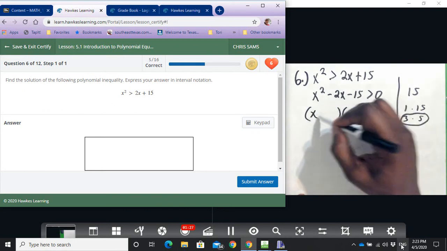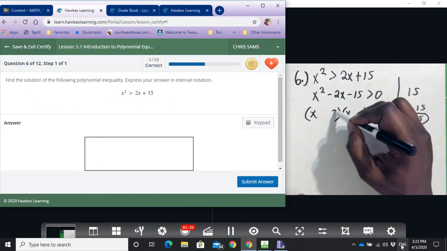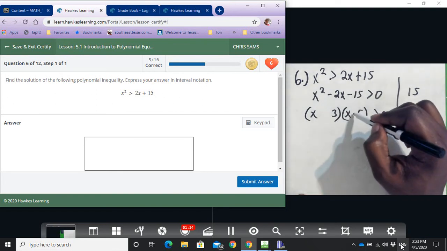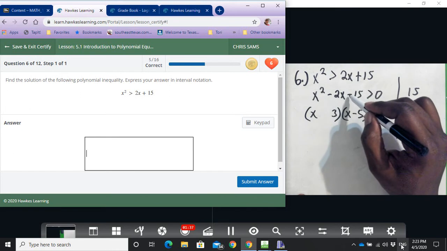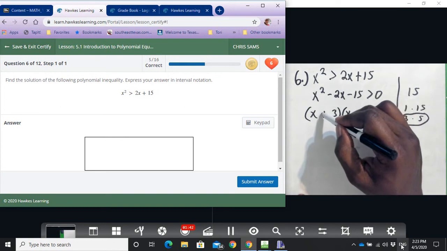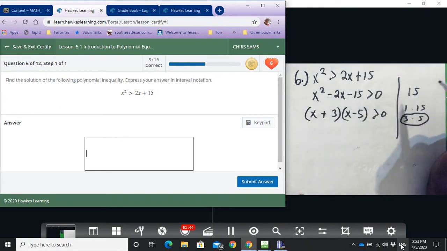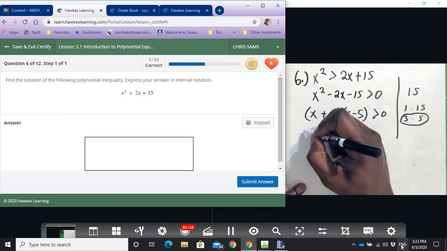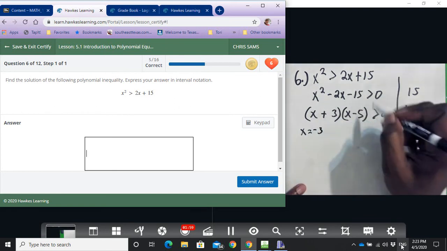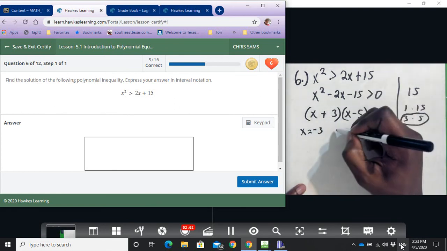We're going to put 2 x's and then the 3 and the 5. The first sign tells you the bigger number, so 5 is bigger. The second sign, being a minus, tells me that they're different, so that means this one has to be different from minus, so it has to be plus. And then from here we're still going to do what we would do if we had an equation. Set these equal to 0 and find our x values. So imagine setting these equal to 0, we would get x equals -3,